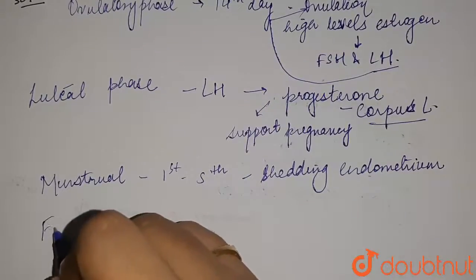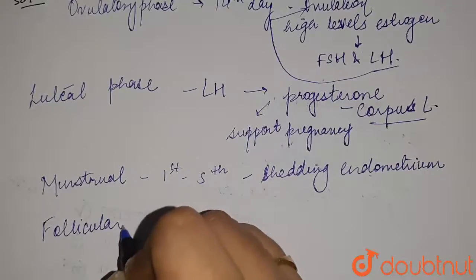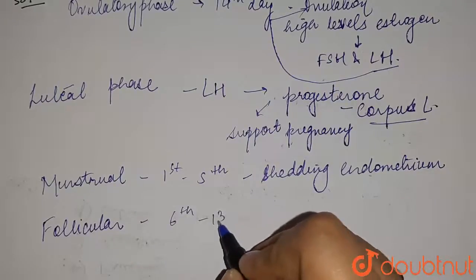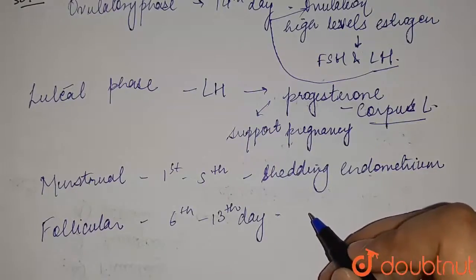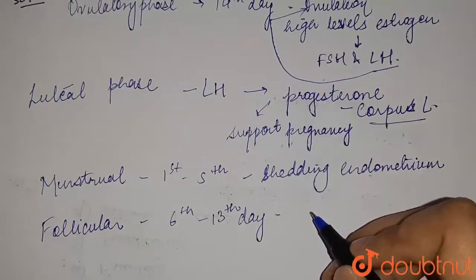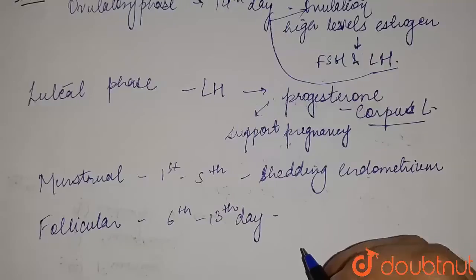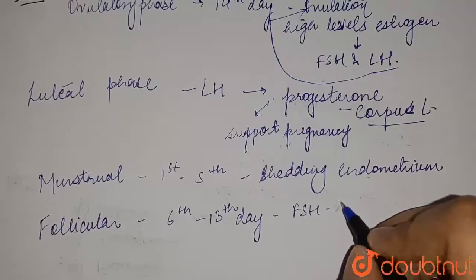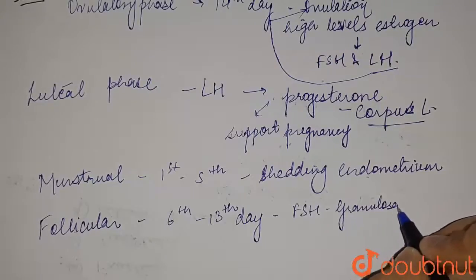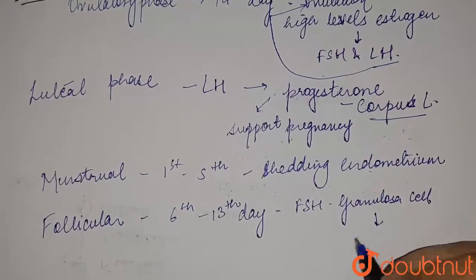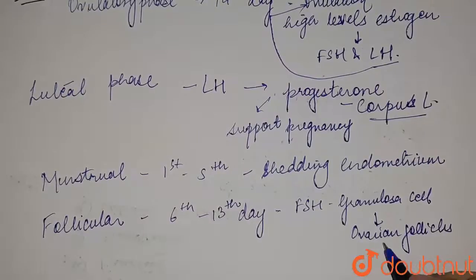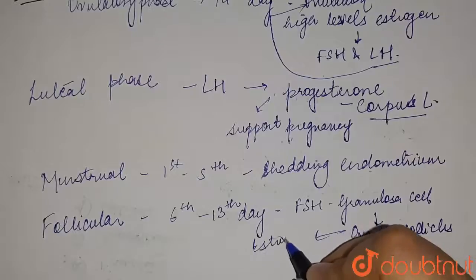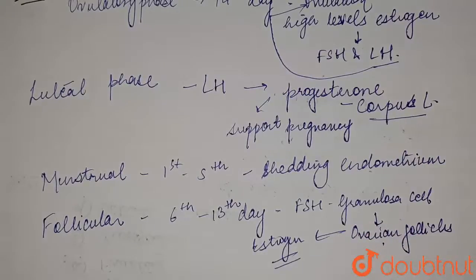Now we have the last one, follicular phase. It generally happens from 6th to 13th day. And at that time the FSH will stimulate ovarian follicles to undergo enlargement. But these FSH, actually they stimulate the granulosa cells, which then form the follicular cells, which form the ovarian follicles, and in turn these proliferate and secrete estrogen. Alright, so that means that the option D, which is given to us, is incorrect,